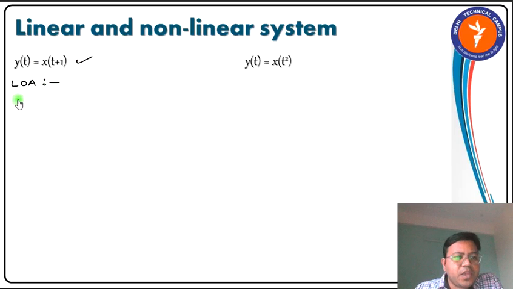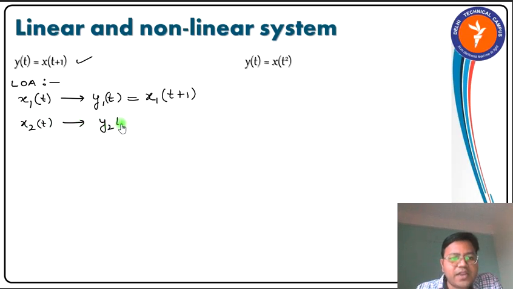In the law of additivity, we will first excite the system with x1(t), then I will get y1(t). And what the system is saying is that if we are exciting the system with x(t), I am getting x(t) plus 1 in the output. So in the output I will get x1(t) plus 1. Similarly, if I am exciting the system with x2(t), then in the output I will get, say, y2(t), which will be equal to x2(t) plus 1. Now what will be the output when I excite the system with